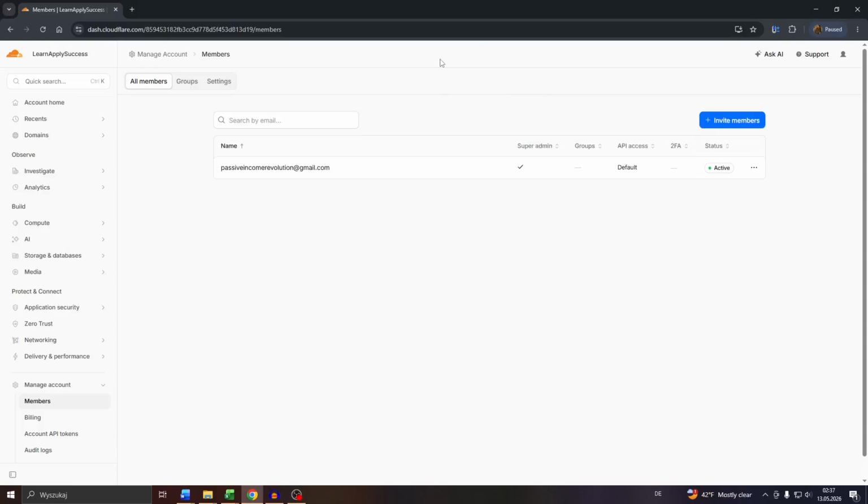Hello guys, in this tutorial you will learn how you can remove a team member from your team on Cloudflare. So let us guide you through this. So guys, if you have a team in your account on Cloudflare, you will need to access the team member